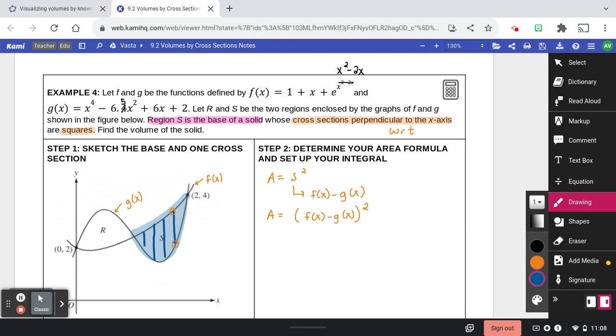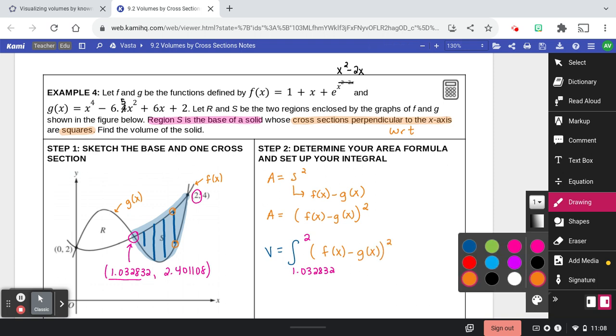Now my volume here is going to be the integral from, and that's when you realize, oh my goodness, I don't know this intersection point. So on my calculator, I'm going to find that point, and it should be 1.032832, comma 2.401108. Now that means I'm going to use this x value and this ending x value, 1.032832 to 2. And I'm going to put my area formula inside, which is f of x minus g of x